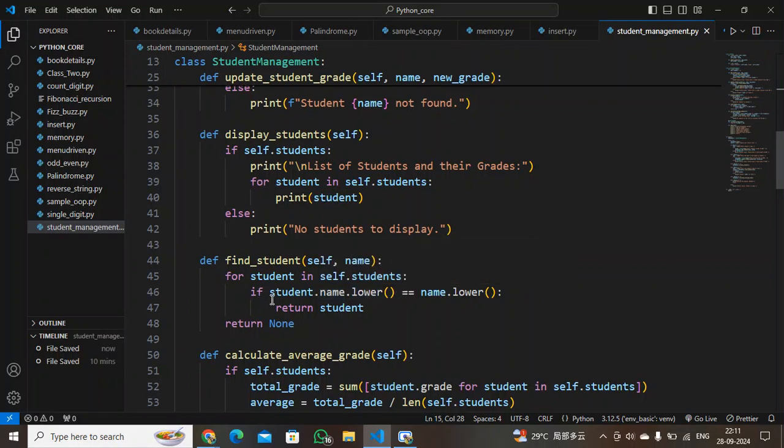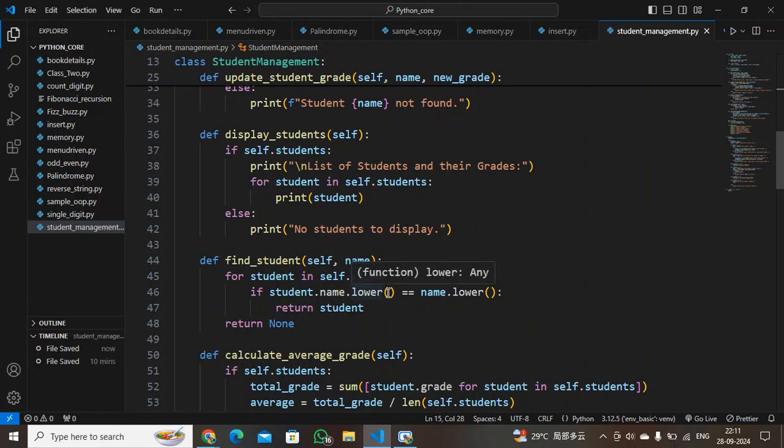Inside the for loop I am using one if statement. You can see: if student.name.lower(), we are using an equality operator, checking with the name of the student which the user has given as input, .lower(). Why are we using the lower function?